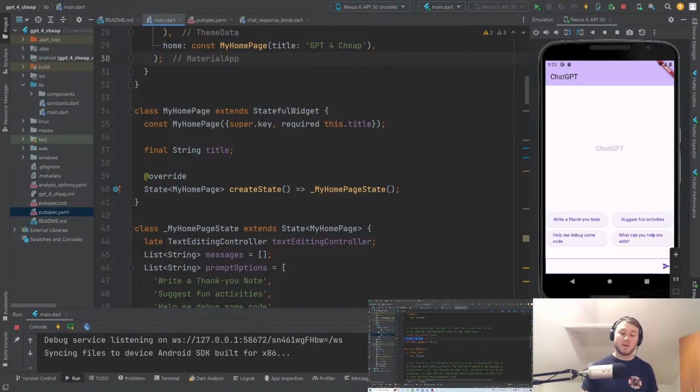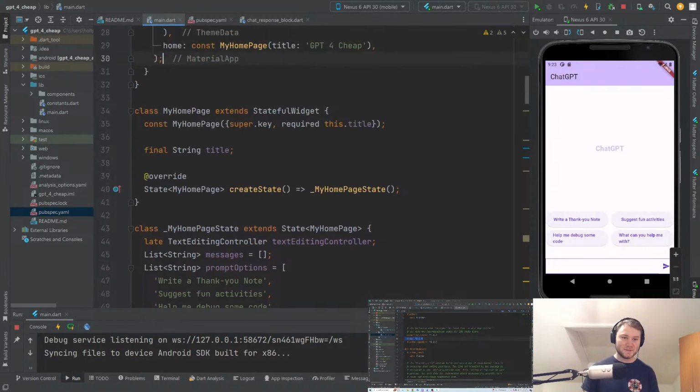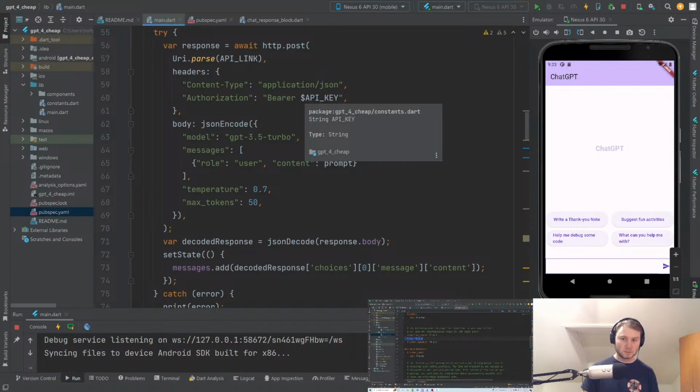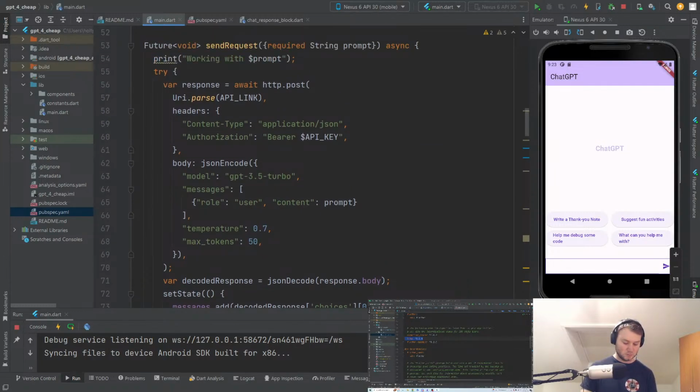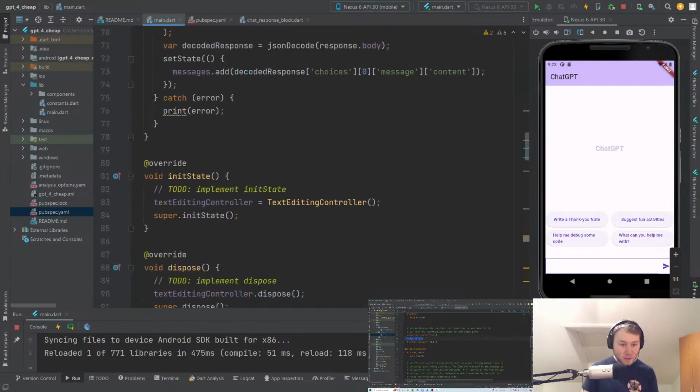Cheap GPT would have been a, we'll do that down here. So let's do